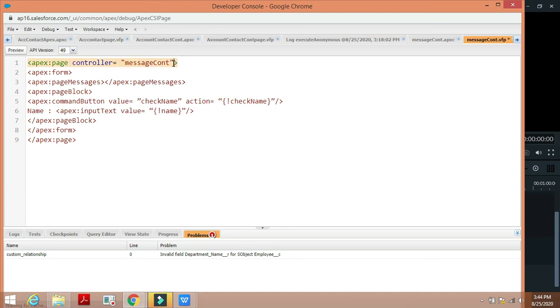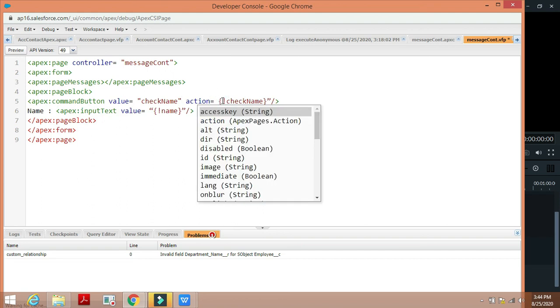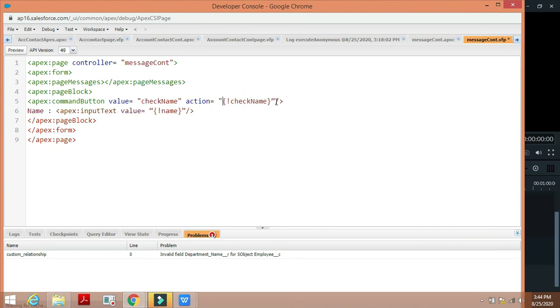I'm correcting the quotations in the page, which were not properly given. Okay, let's save this and preview how it will be displayed.